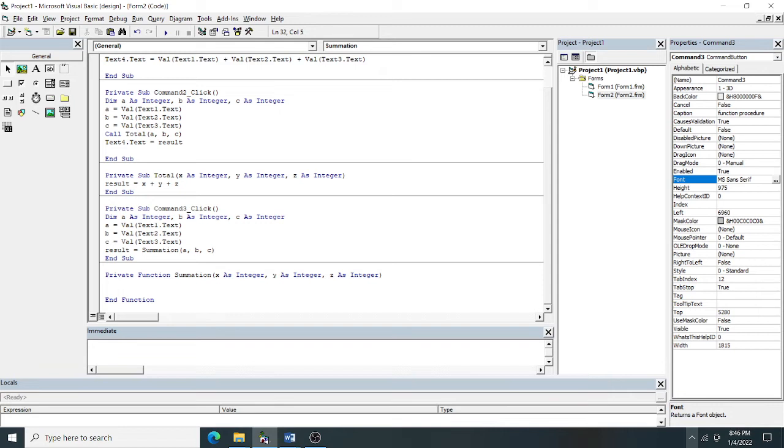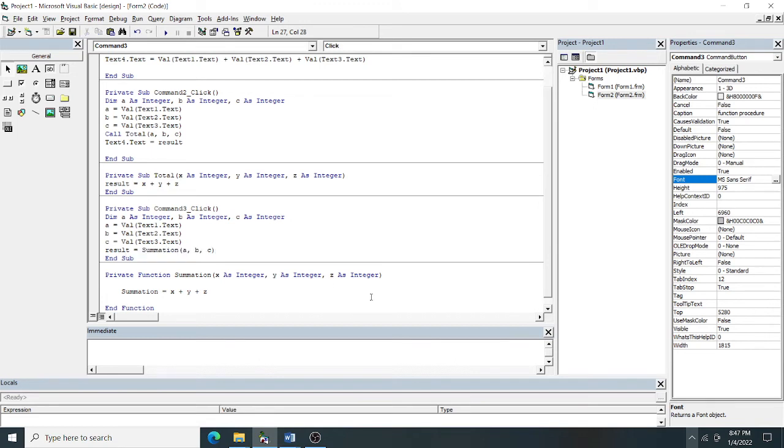See here what we will do, here there is output, there is no output variable. Here we have to write the name of the function. The name of the function is Summation. So Summation equal to x plus y plus z, so it has to be calculated. This Summation is nothing but your variable, this is your function name. So the function name should be the same here also, because a function will return a single value, and this value has to be stored in this result.